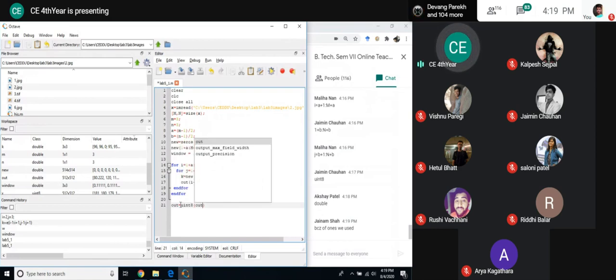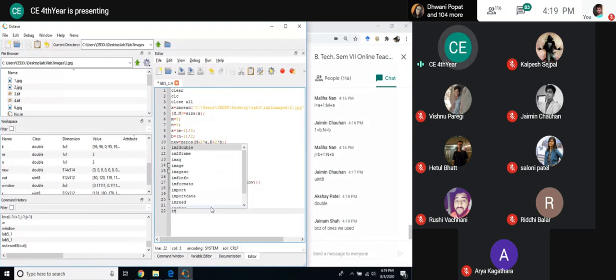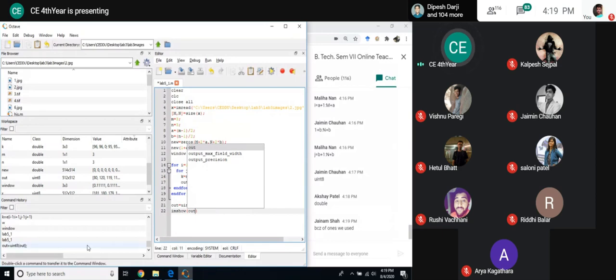So now my data is in the range of 0 to 255, and it is no longer double data type. I am keeping it, just this line I will run. So now you can see my data type and values even are changed, right? So now I will use imshow out. I should show you the original image as well. So I should use figure.